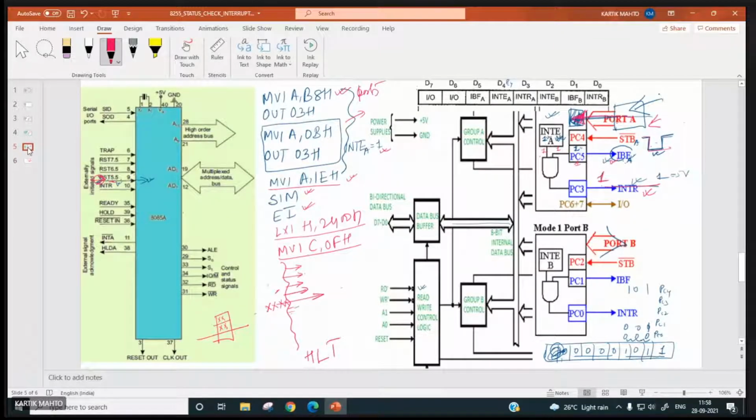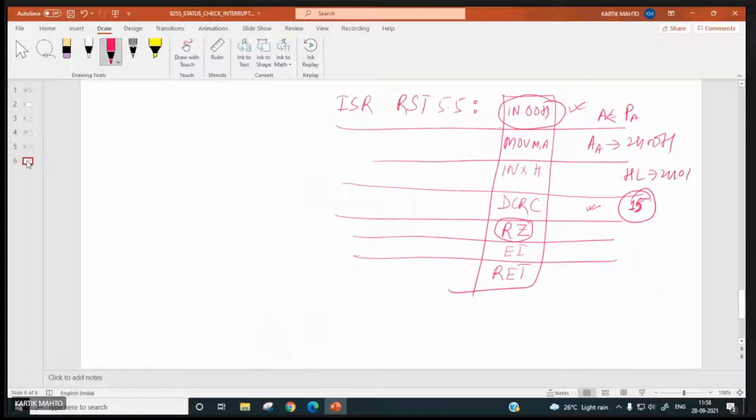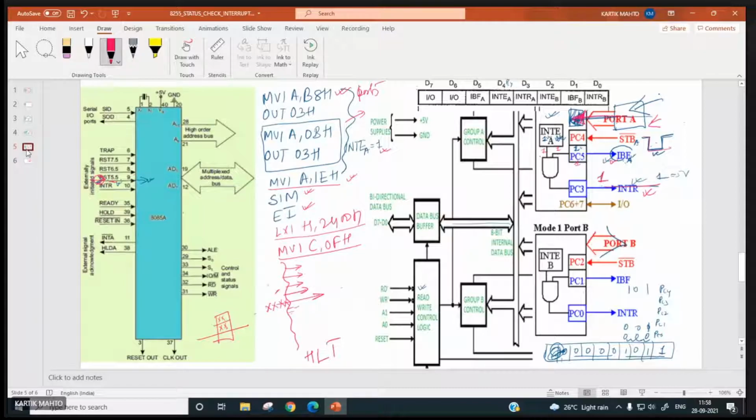Now, suppose this zero flag is not set. If the count is say 0F, 0E, 0D like this. Suppose 3 kids have inputted their data. What will happen? The count is 0D, so the zero flag won't be set. So what exactly is it going to do? It will enable the interrupt. Then it will return to the main program. So the main program is here. How will it return? By copying the address from the stack, and it will start executing the instruction from here.